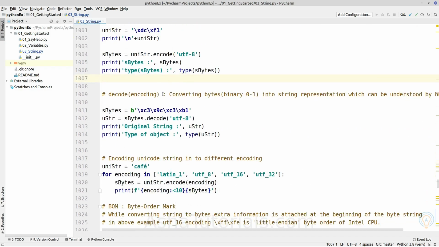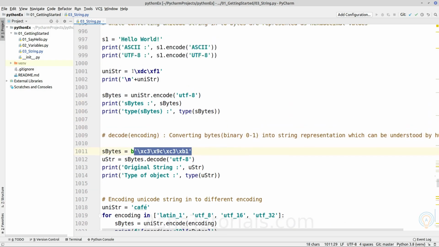Next method is decode. In order to convert from binary data to textual data again, the decode method is used. It takes one argument, the encoding schema. For the given encoded string, we need to pass the encoding schema with which the original string was encoded. So as we have encoded this Unicode character